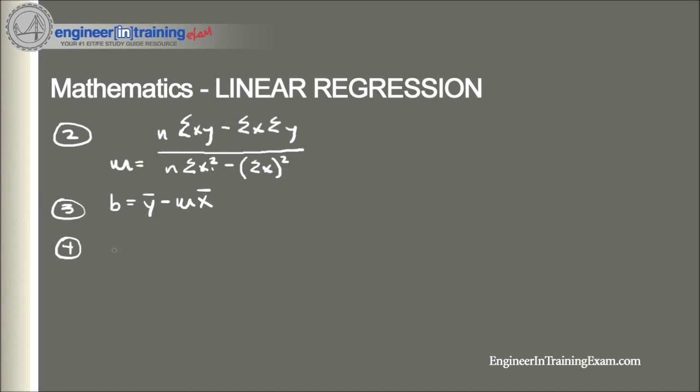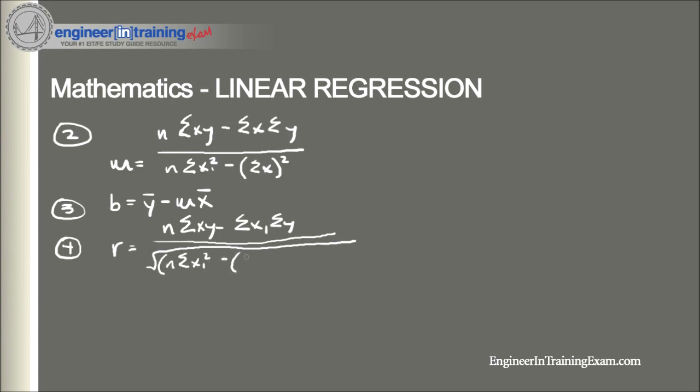So this is a pretty lengthy equation, so I'll just write it out here. We have n times the sum of the x times y values, minus the sum of the x values times the sum of the y values, divided by the square root, and this is a long square root line, n times the sum of the squared x values minus the sum of the x values squared